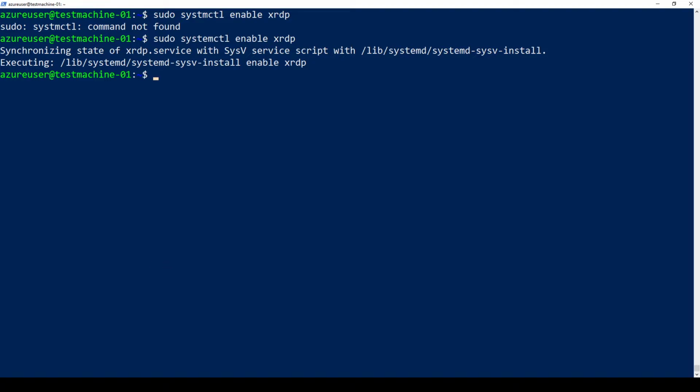So now that it is enabled, we basically have to introduce the XRDP server to the desktop environment that we previously installed. It's like telling the server, hey, use this environment on the connection establishment.